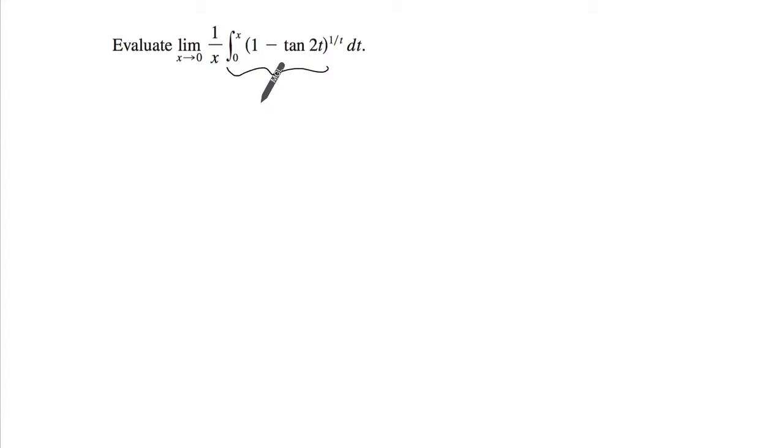Let's let this be our f at x. So 0 to x, 1 minus tangent of 2t to the power of 1 over t dt. And note that if I try to find f at 0, because we're going from 0 to 0, it's going to be 0. With that,